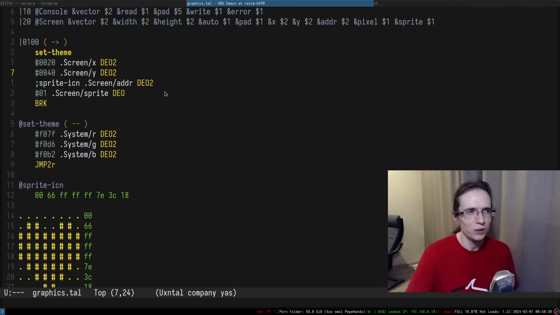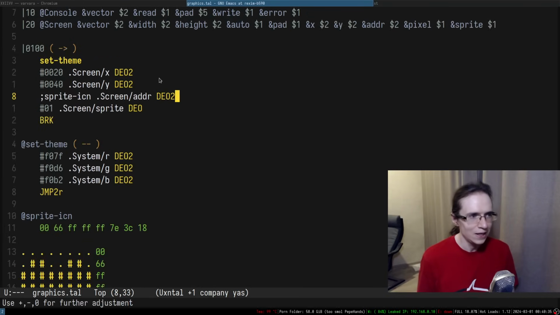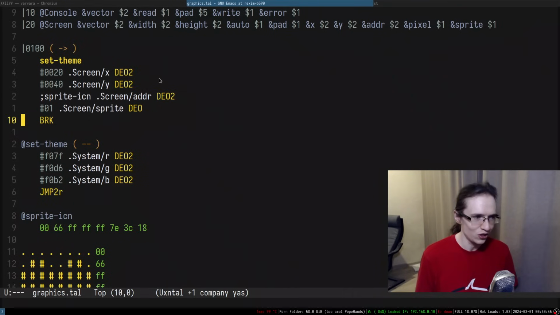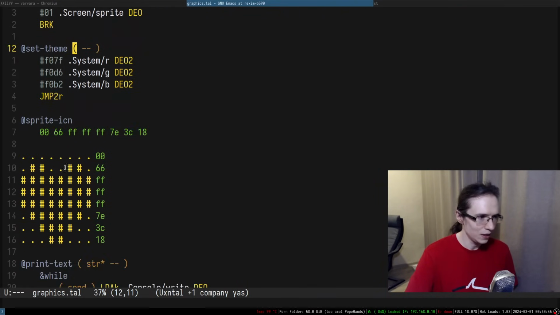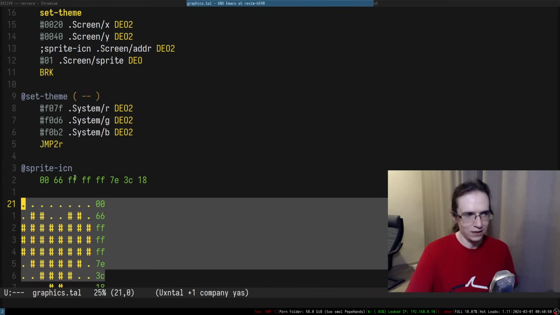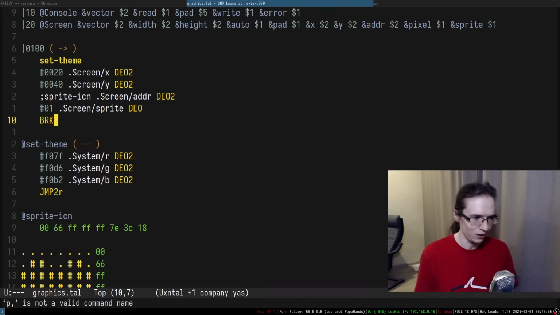X and Y. I don't really remember what X and Y are, but maybe it's a position and whatnot. And then we are doing the address, and then we're just drawing the sprite. And then we just set the theme, and sprite is in. So that should just draw a sprite at a particular location, if I understand correctly, right?